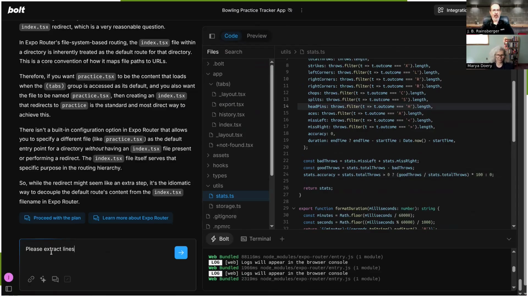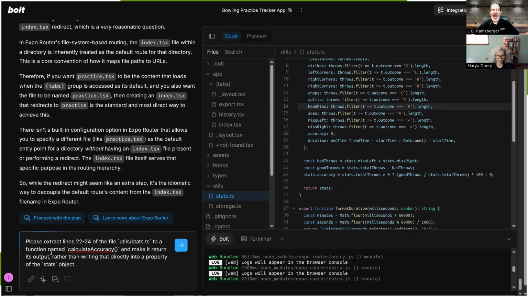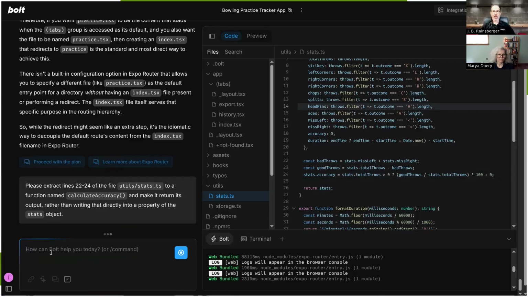Please extract lines 22 to 24 of the file utilstats.ts to a function named calculate accuracy and make it return its output rather than writing that directly into a property of the stats object. So I don't know how precise I need to be here, but let's just try that and see what we get.